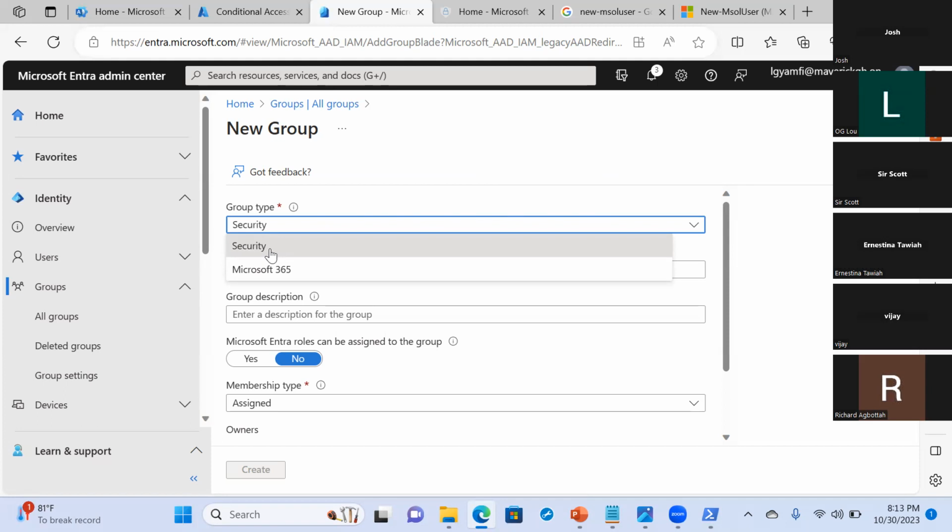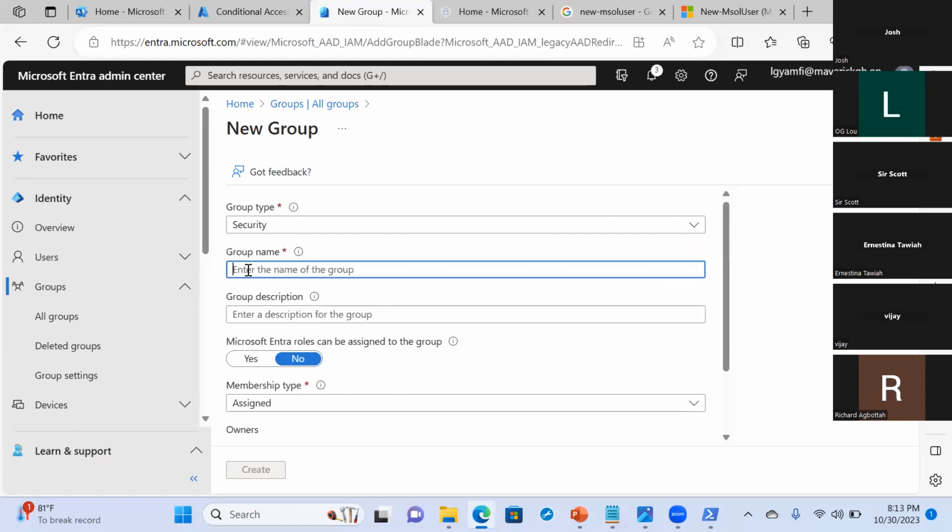But when we create groups from the 365 admin center, we will be able to specify the other group types that we discussed. So let's say we want to create a security group. We want to call this group HR. So this is for the human resource